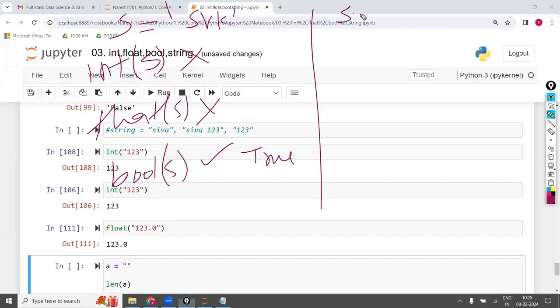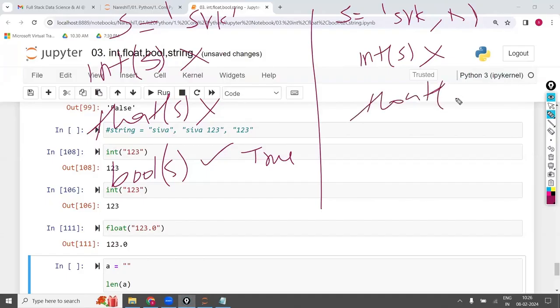Now, s is equal to SRK space something. You are having one additional character. Other than text, one special character. The character can be space, 0, dot, at the rate of, comma, full stop, anything. Any one character. In that case also, no. This is no, this is no. And with respect to bool of s, again, this is okay.